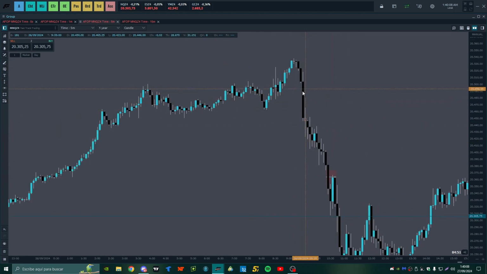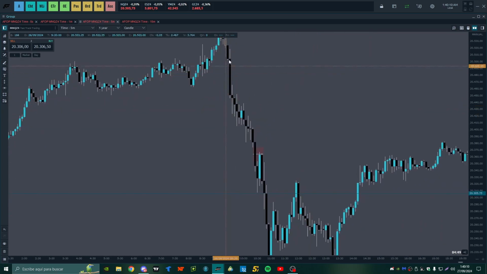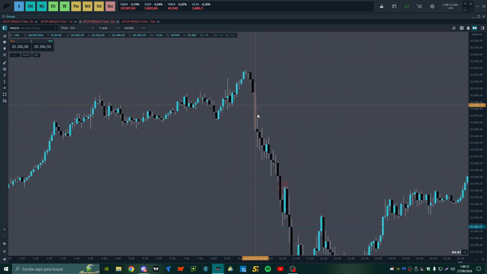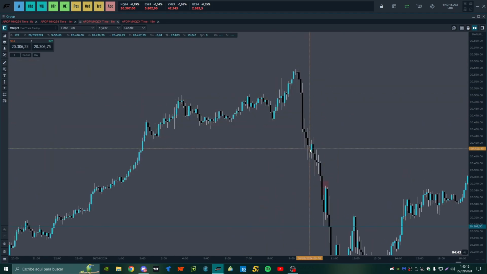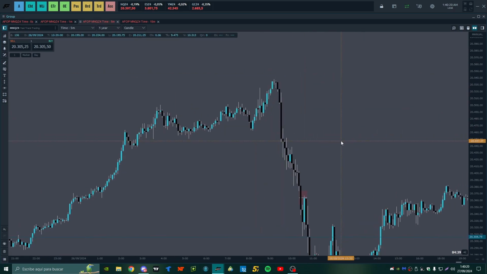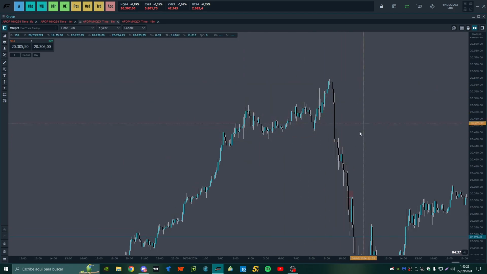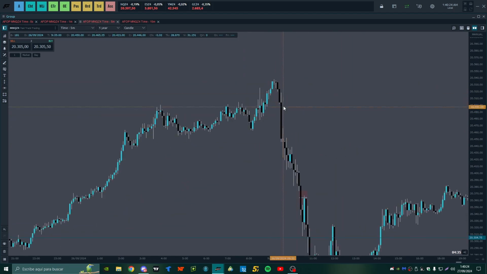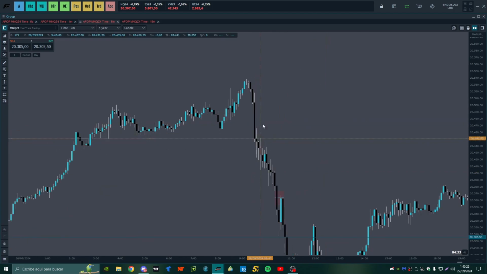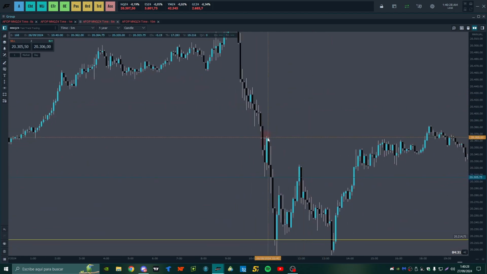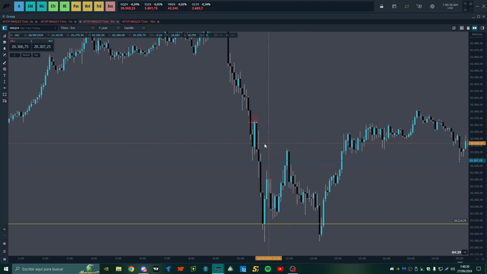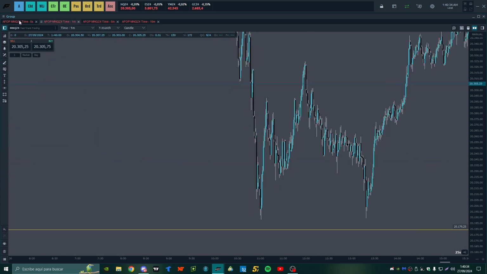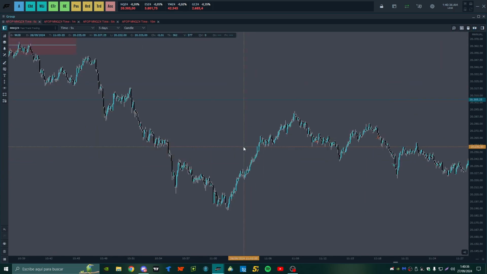This is an imbalance that generally in ICT, one doesn't expect to be touched. It usually happens when there is a complete change in the state of price delivery and a divergence. So it is an imbalance that remains like that. So I wanted to make this entry, but I missed it, because when I finally checked the price, the movement was already too developed.